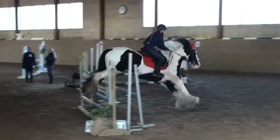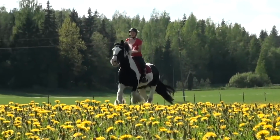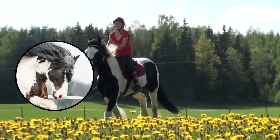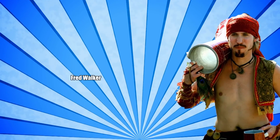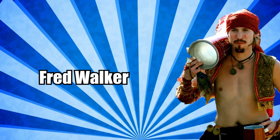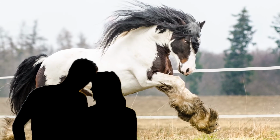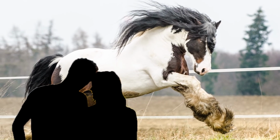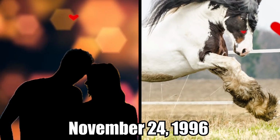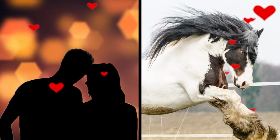On a trip to England in 1995, Dennis and Cindy Thompson were fascinated by a colorful stallion they saw at a farm. The horse had black and white markings and very furry legs. They met the owner, a gypsy named Fred Walker, who was known as the king of the colored horses. He sold the stallion to the Thompsons, and they all decided on the name with the blessings of the dedicated British gypsy breeders. On November 24, 1996, the couple made the world's first registry for this breed under the name